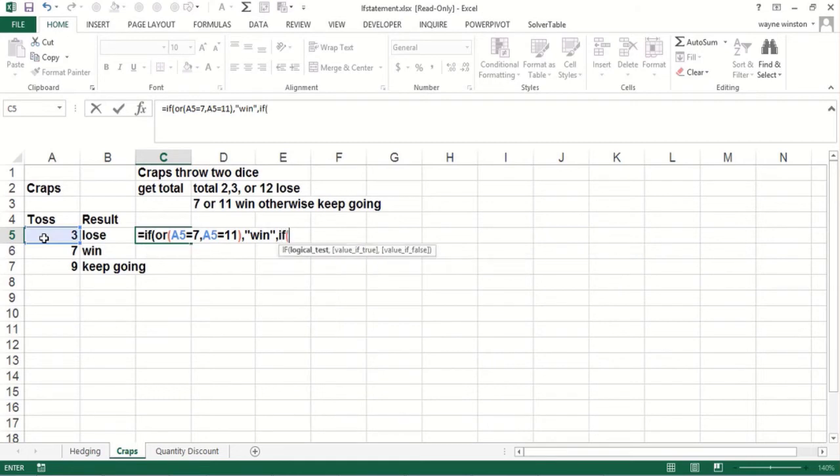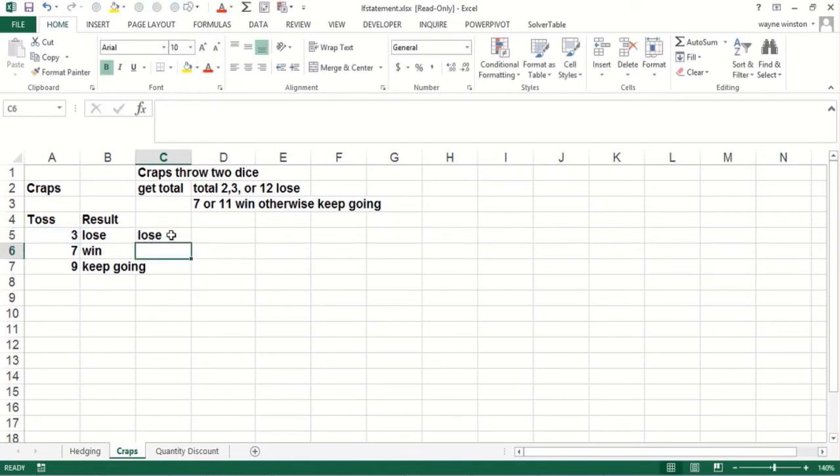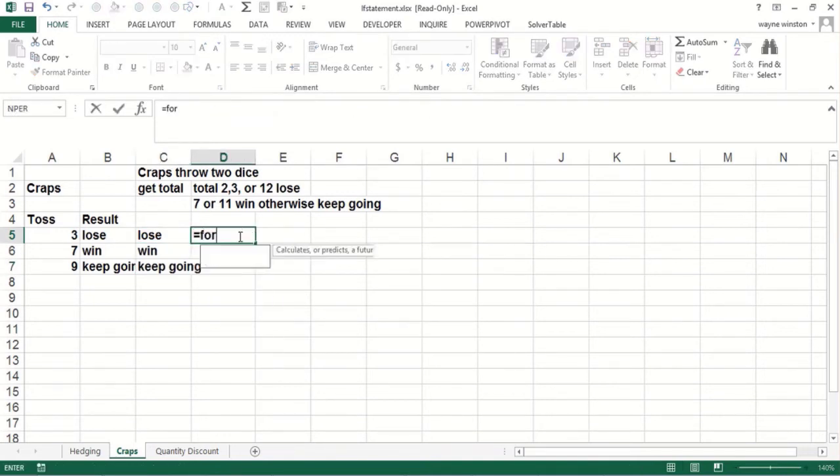Then I'd say if I throw a 2, or I throw a 3, or I throw a 12, then I lose. Otherwise, don't forget the last choice, keep going, like the Energizer bunny. Now I need 2 right parentheses there, 1 for each if. And see, that works. If I copy that down, again, I want to show you that with formula text,